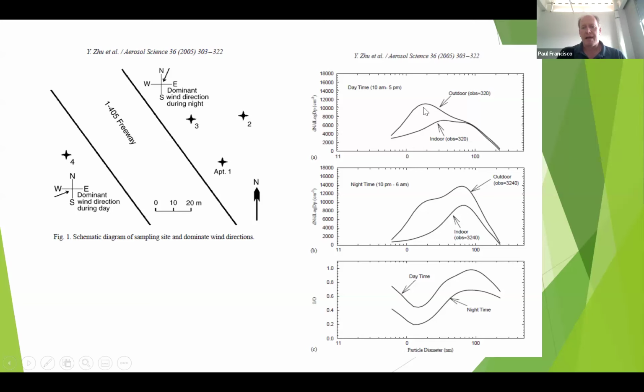But during the day, the peak for indoor is at a higher size. And then this is the indoor outdoor ratio. Of course, nighttime is less indoor, so the number is lower than in the daytime. But we also see this same kind of trend for the particle size for indoor outdoor ratio. That as you get to these larger sizes, the indoors tends to dominate. So again, if we're dealing with outdoors, we are mostly going to be looking at